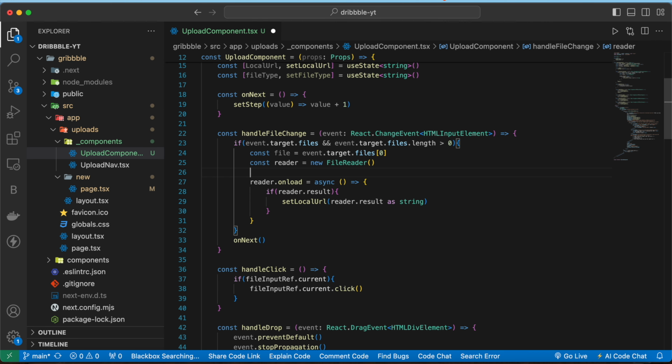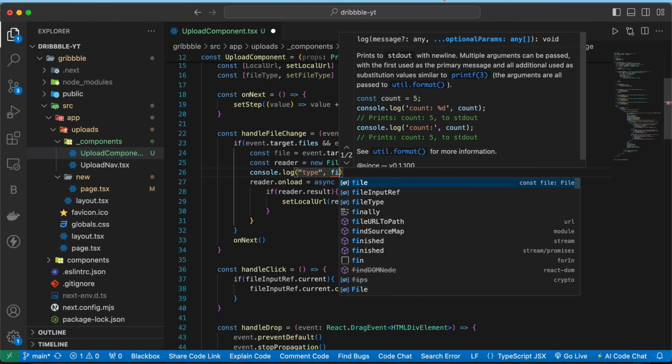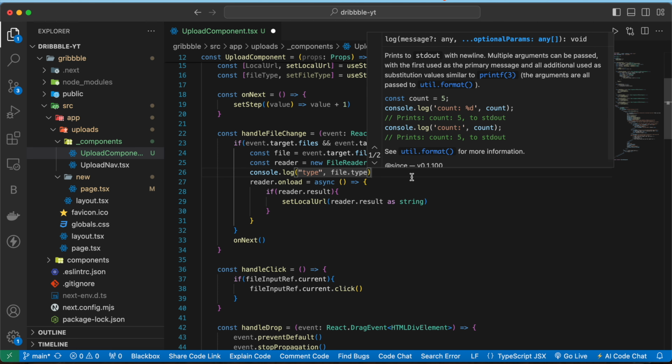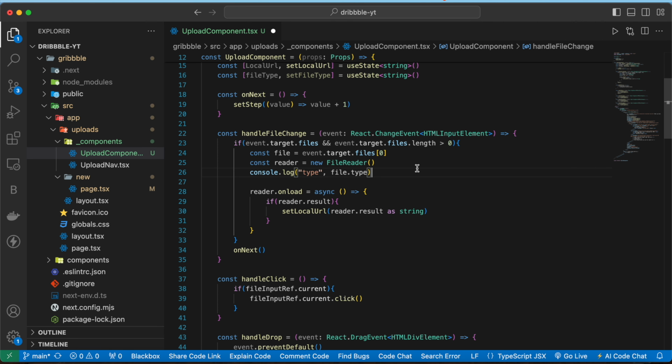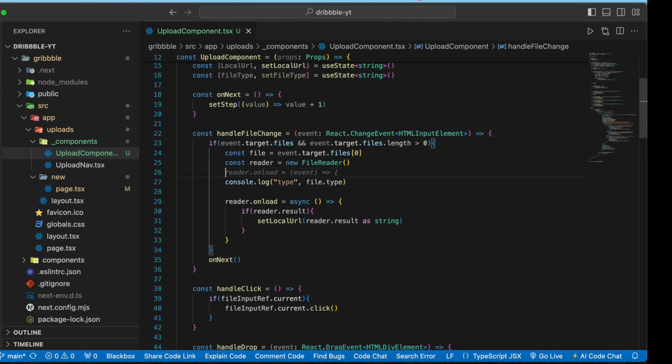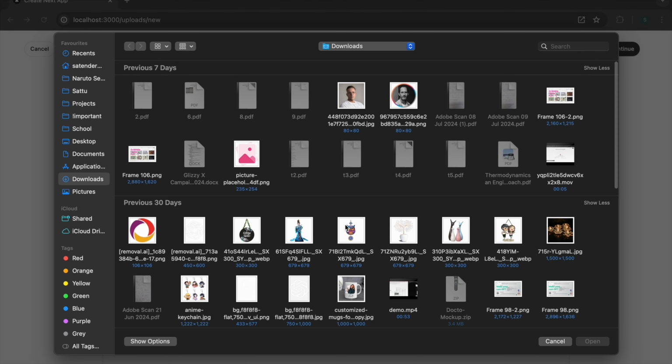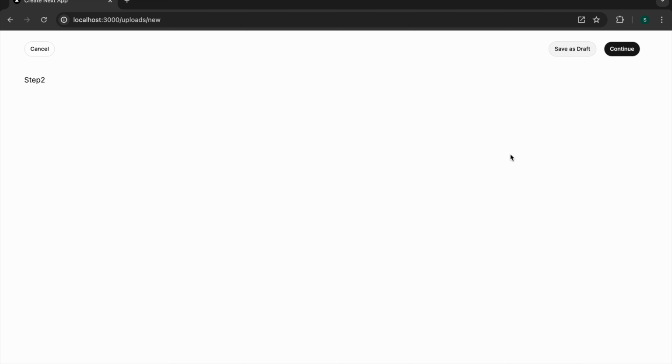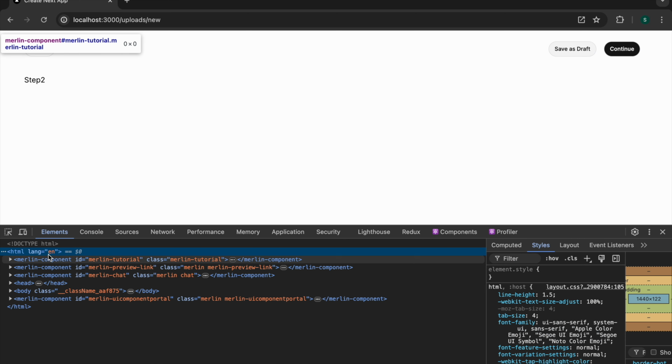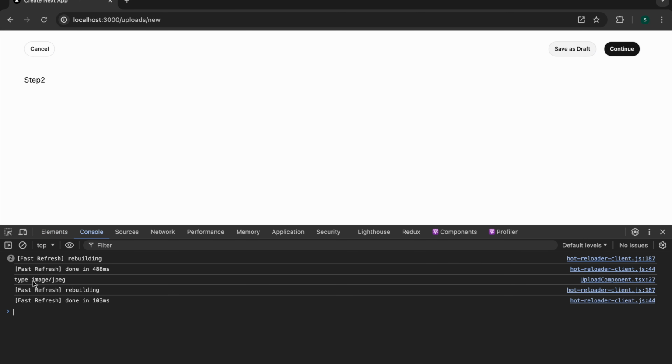Okay, and here we can write clg for consoling, and then we can write type, file.type. So let's see what value we are getting first. So let's save this. Okay, and let's upload this image. Okay, now let's check the console, and the file type is